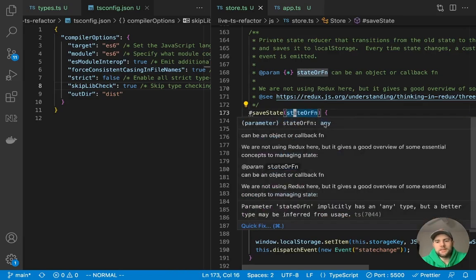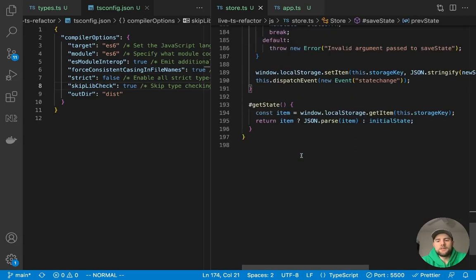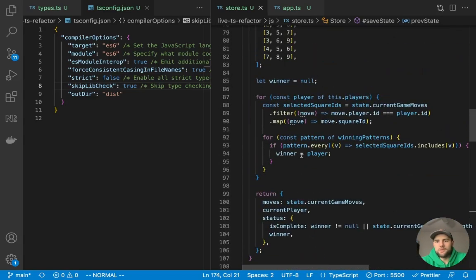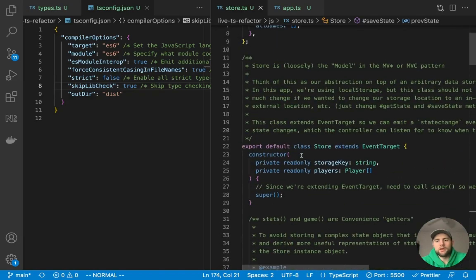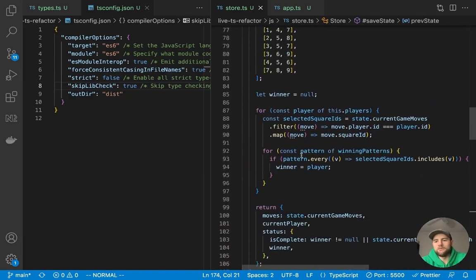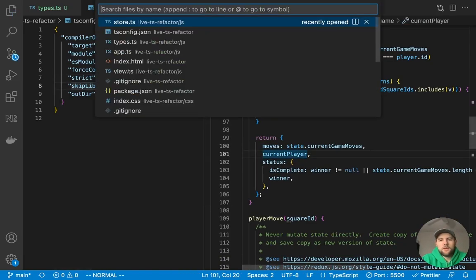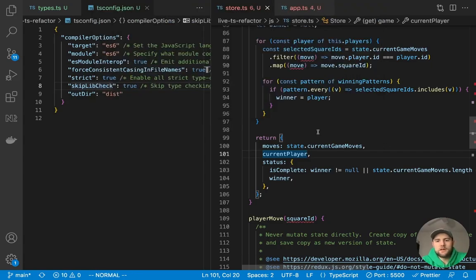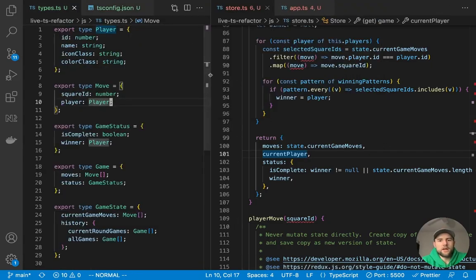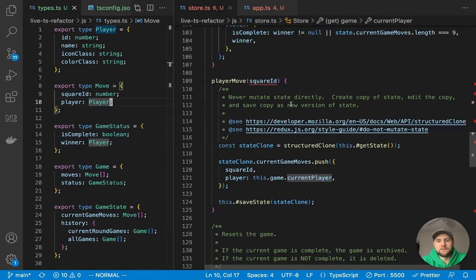We can define this as an any type and TypeScript's not going to be mad about it. This, of course, comes with the detriment that now you don't have any red squiggly lines to tell you where you've messed up. That is why most people would encourage you to put on strict mode. Restart the TS server here, but I just wanted to show you that just so you can see.